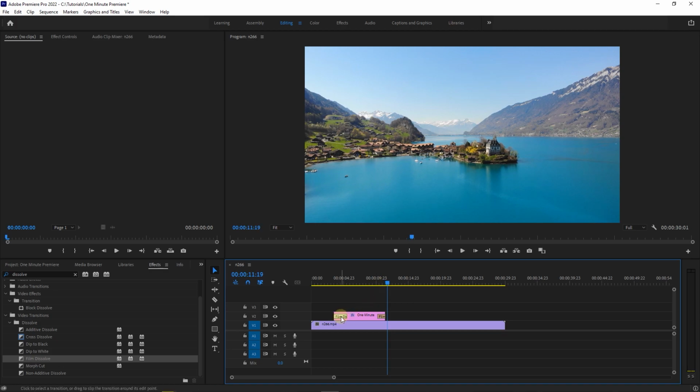But now let's undo changes. Go to Effects panel and right-click on Film Dissolve. And select Set Selected as Default Transition. Now select your text in timeline and press